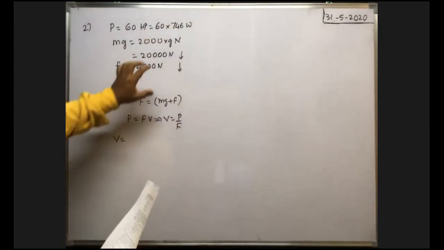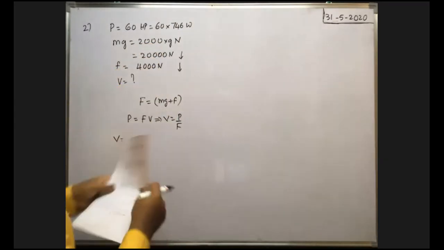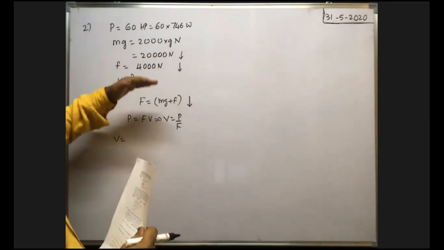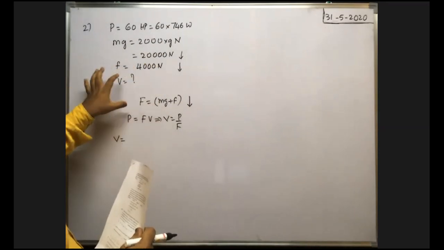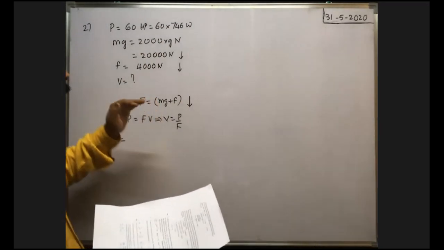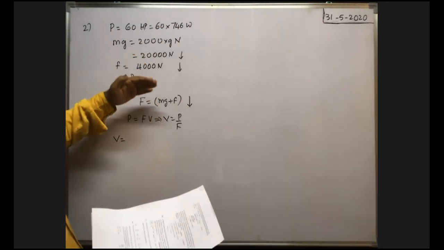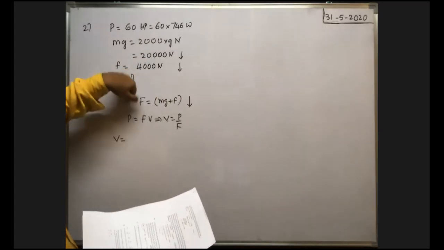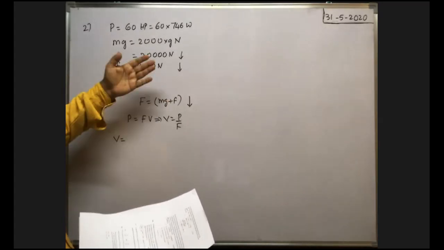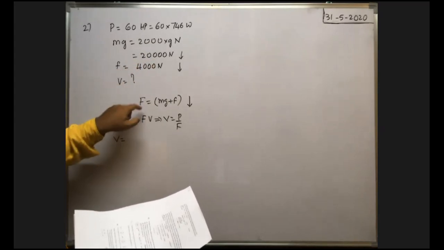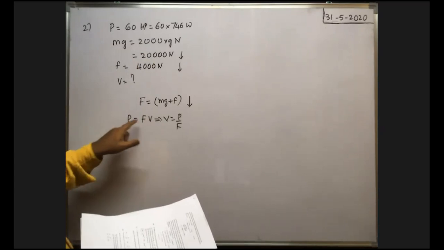The sum of these two is the total force acting on the elevator in the downward direction. Generally lifts move upwards or downwards with constant velocity. So to move the lift upward with constant velocity by means of the rope, a force equal to this downward force has to be applied. That's why the force applied by the rope on the elevator, into constant velocity, is equal to power.